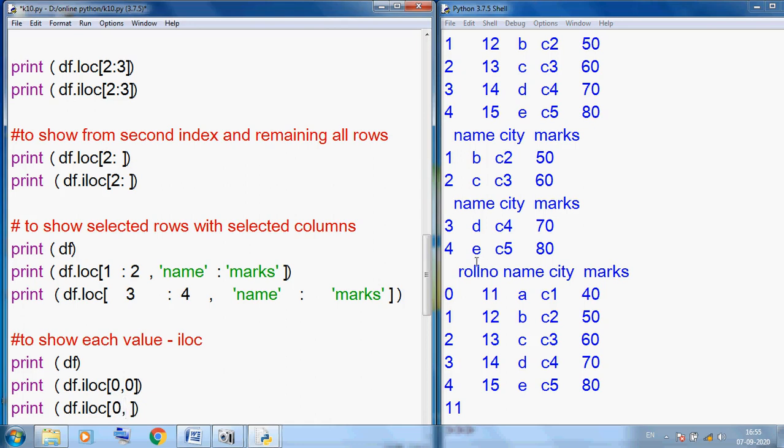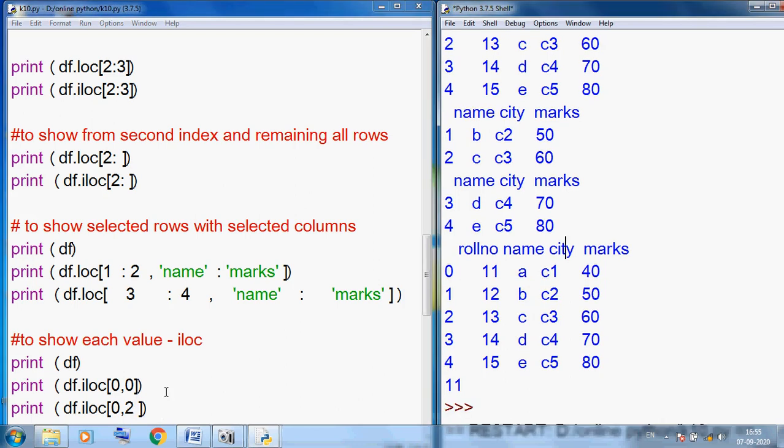Roll number is column 0, name is our first column, city is our second column. So 0 column, 1 column and 2. So here I am using 2. So with row 0 and column 2 it will select C1. So we can use this concept also, and it will display C1.